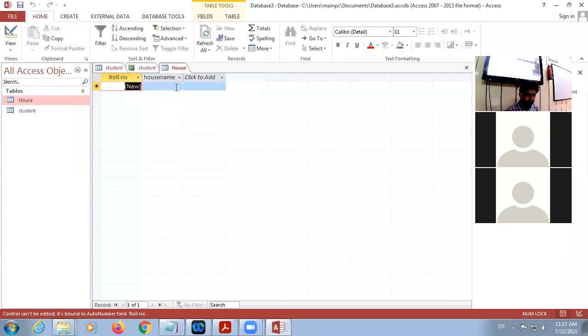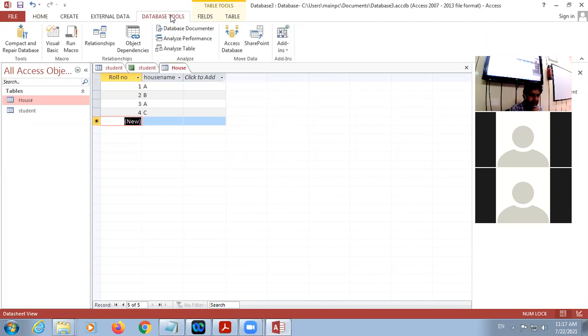Roll number 1, house name is, suppose, A. Then roll number 2, house is B. Roll number 3, house is again A. I'm not giving a specific house name like Shakespeare house or any other house. I'm taking A, B, C like this, just an example.